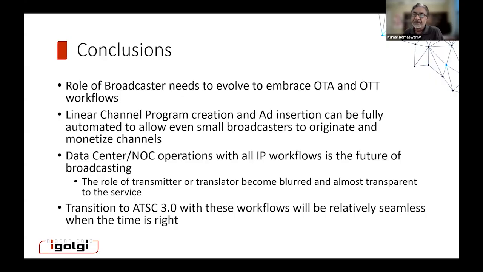So once you set it up, it just runs, and all you're dealing with is issues at that point. And so, to your point, can you do a 24-channel service? I think you can, with a very small number of people. And the cost effectiveness of this per channel is a fraction of the cost of what a normal broadcaster thinks of spending to stand up a channel. It's a fraction.